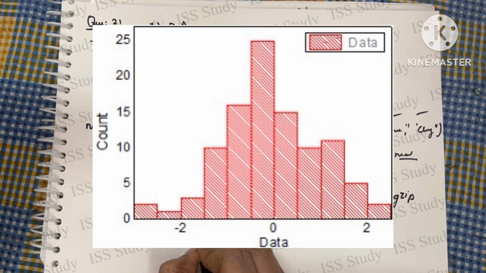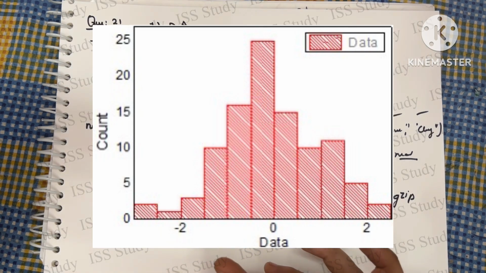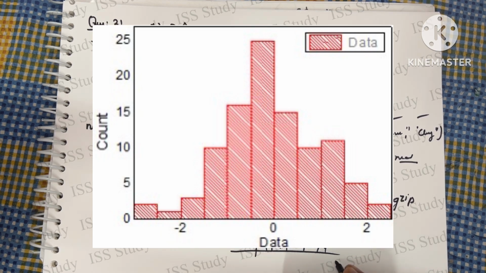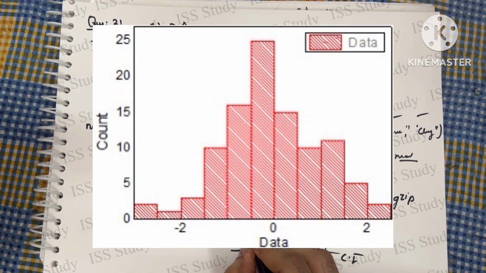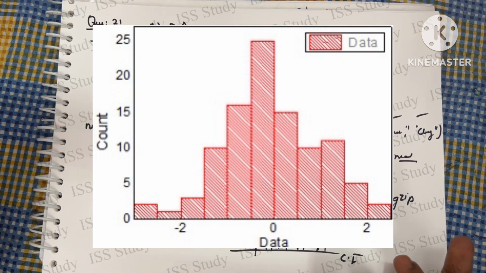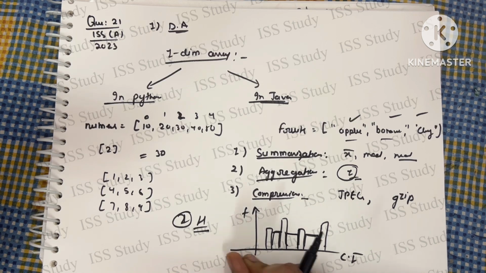So what is the purpose of the histogram? It condenses a large data set into a visual format. As you have all seen, if we have some data, we take the range, the class intervals, on the x-axis and the frequency on the y-axis. So the purpose is that it condenses the large data set into a visual format that shows the distribution of the data points. Instead of explaining every individual point, you can quickly see how the data is distributed across the set or the range.